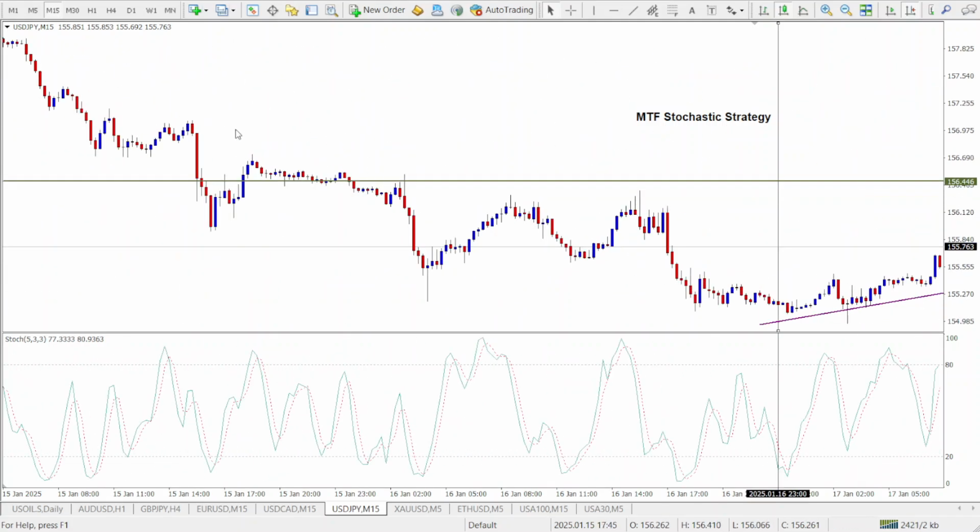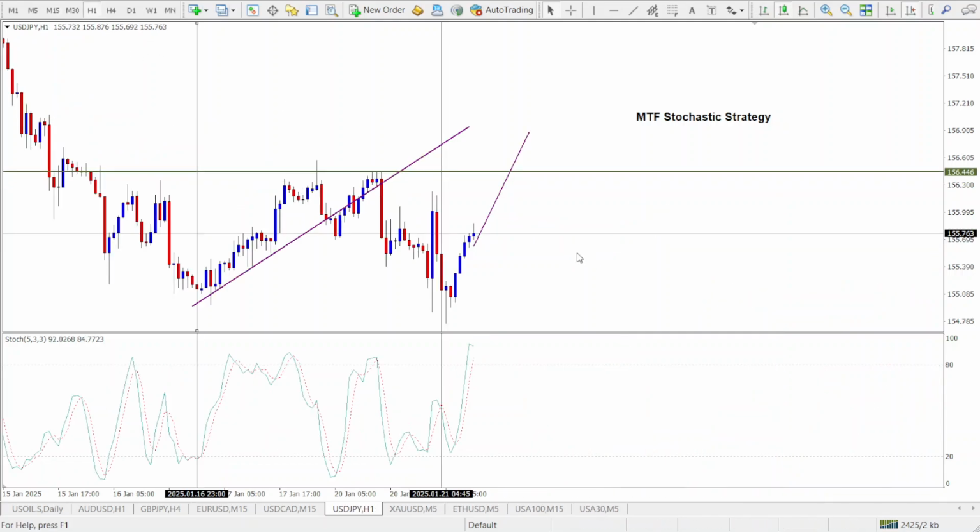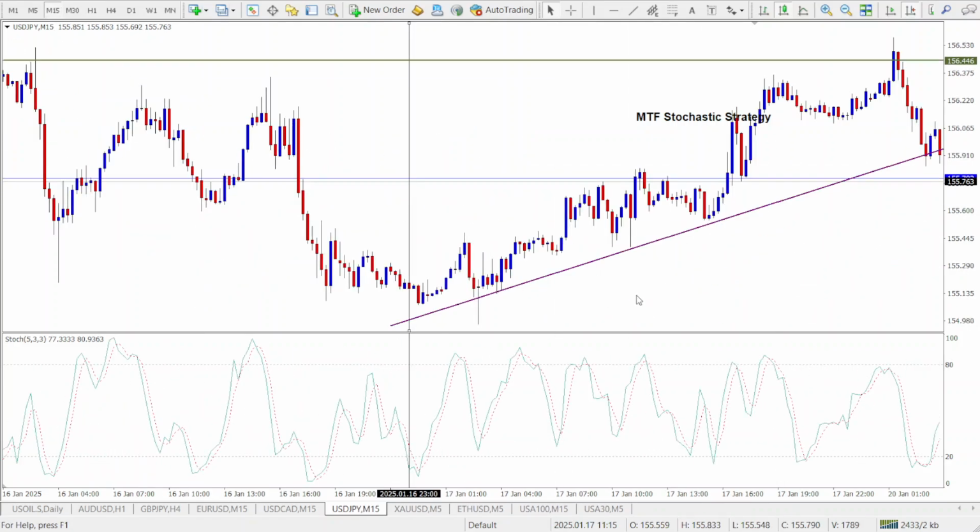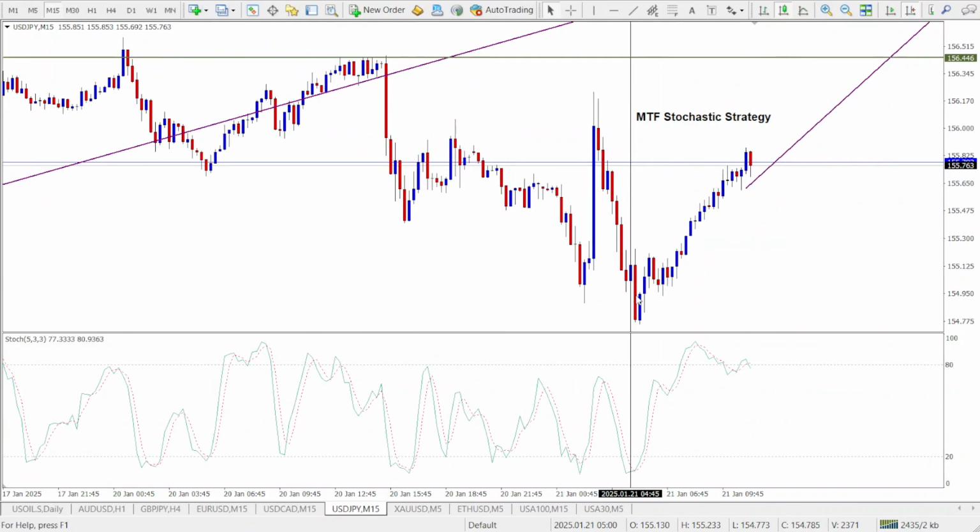For example, the 1 hour chart could be bullish, and maybe the 15-minute chart could be showing a bearish signal or perhaps a consolidation. In these cases, it might be better to wait for the higher time frames to align or to take a more cautious approach with your entries. Another tip is to always combine this strategy with good risk management. Even with a solid strategy like this, it's important to use stop losses, take profits, and proper position sizing